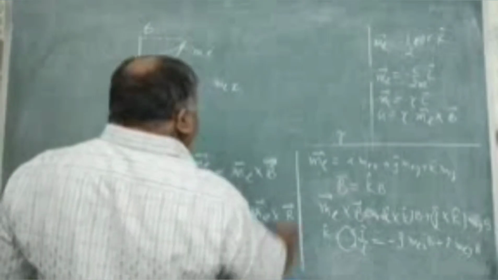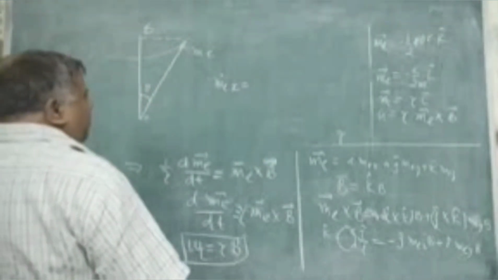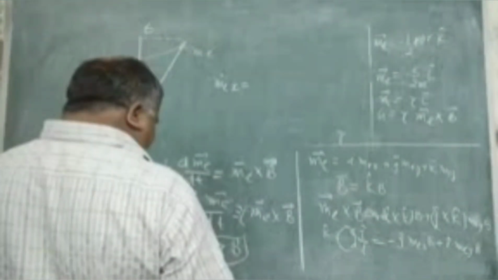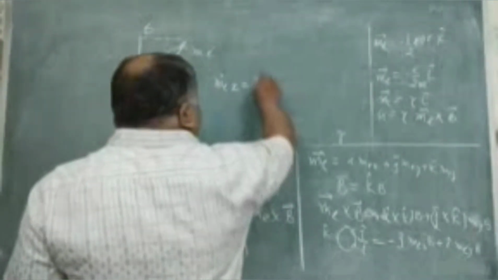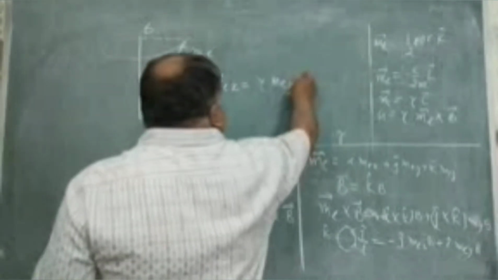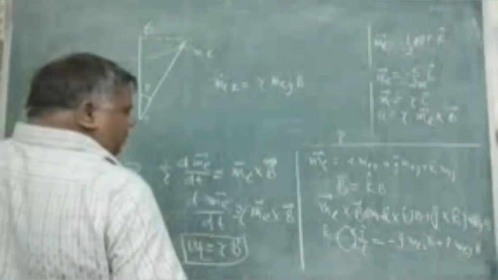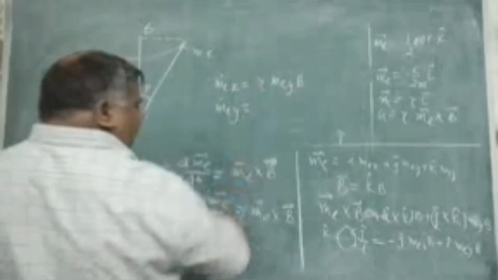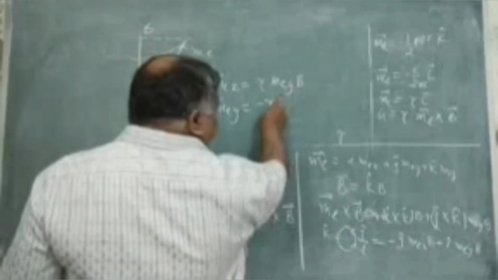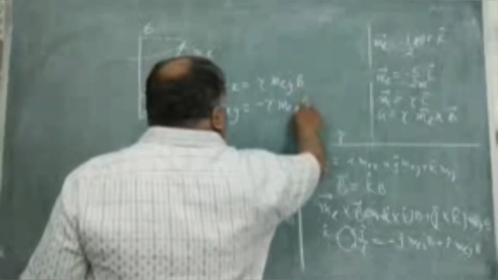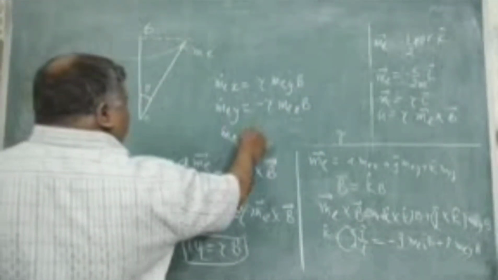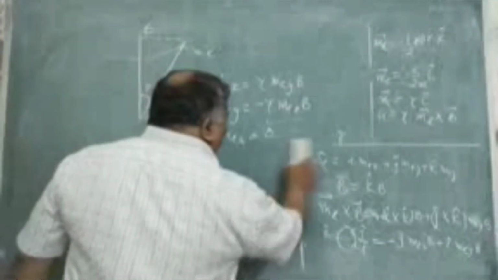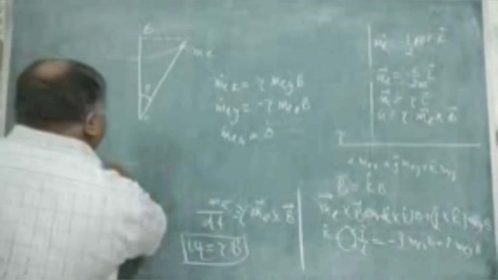mlx dot is equal to gamma mly B. Similarly, we have mly dot is equal to minus gamma mlx B, and mlz dot is 0. If you solve the equations, you have